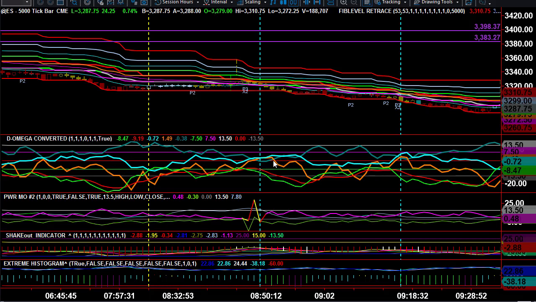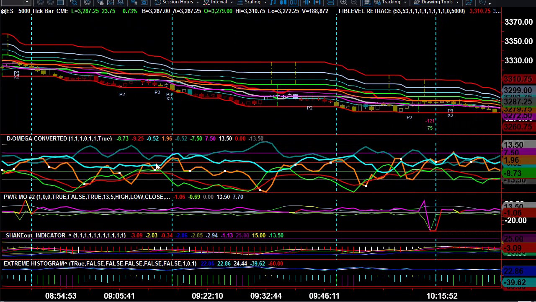Now, the inverse is true when it comes around. If you have an improvement in the long algo, and in this case you had a still continuing decline in DOC, as well as the Power Mode 2 direction lower with the crossover for the short signal. So no surprise there. But as we moved across in time, people always said to me, wow, I think I missed the run. There's no way to get back into it. Well, this kind of gives you that clear definition here. Again, this is that steel crossing below, orange moving above, and it triggers again at that particular point. And you're thinking, my God, we just made a new low and it's triggering further lows.